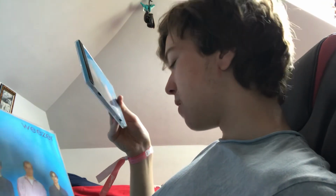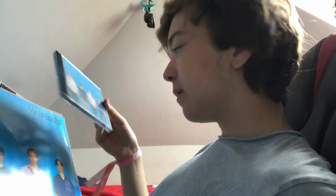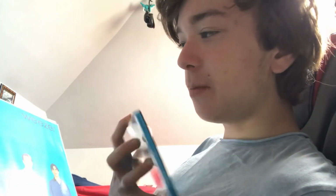However, I found that on both of them, the actual band members themselves, if you look very closely, they're not very good quality. And even on this, it's easy to see. I genuinely think that the art for the vinyl is just stretched out rather than the CD. If I had to choose, I would actually pick the CD without being biased because I'm more of a vinyl person. I think the CD